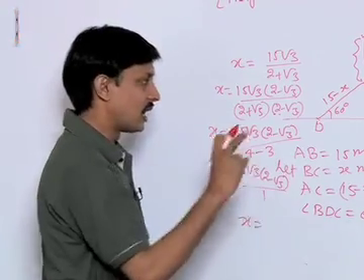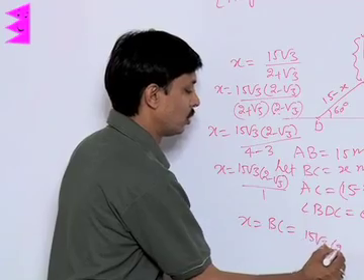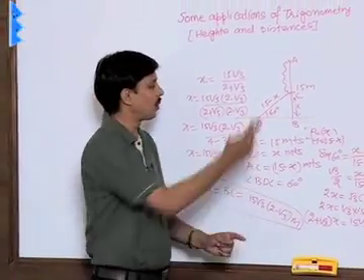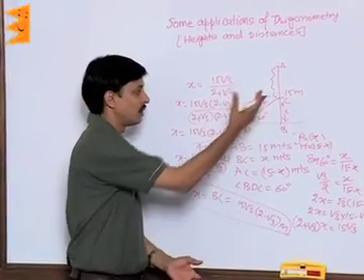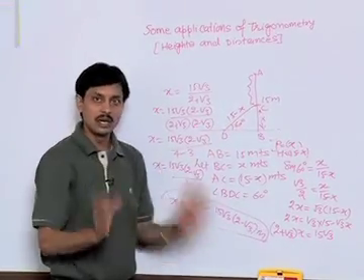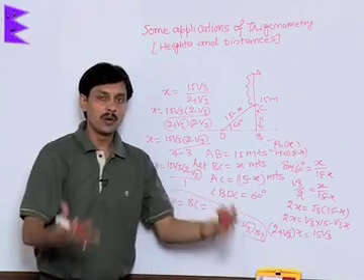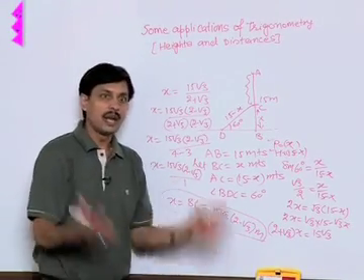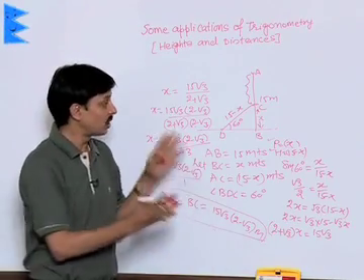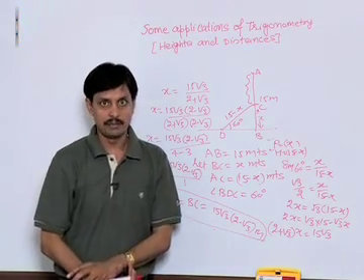Hence x, that is the height, that is the answer of BC, is equal to 15 root 3 into 2 minus root 3 meters. This is the required height from where the tree of height 15 meters must be broken to make an angle of 60 degree with the base under the given situation. So there are various uses, like finding the width of a river, speed of cars, speed of aeroplanes, and finding the depth of the sea. There are certain types of uses of this topic in our daily life.